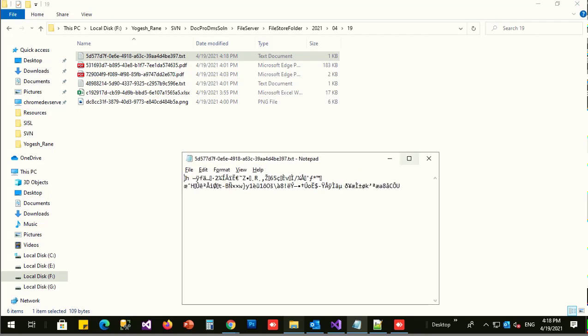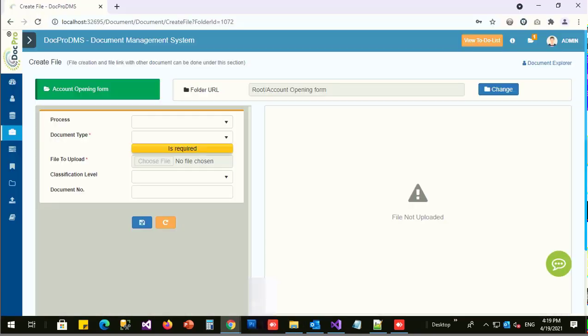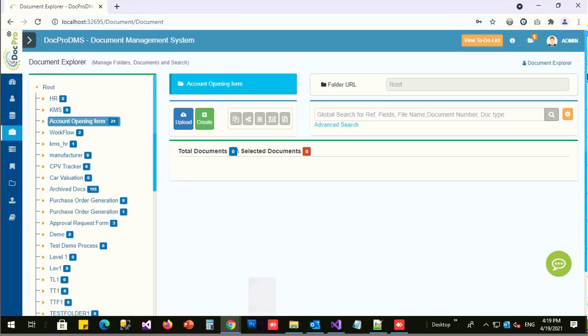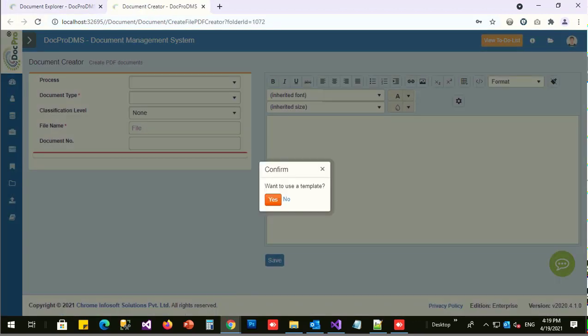We use triple DES encryption for encrypting the files, and all files are stored using this triple DES. Unencrypted format will be available only to the users of DocPro, and the files will be shown in the unencrypted format inside the DocPro viewer. So anyone who gets hold of these files from the server's disk, it will not be of any help to that user. Okay, we'll also show you how to create files inside DocPro.